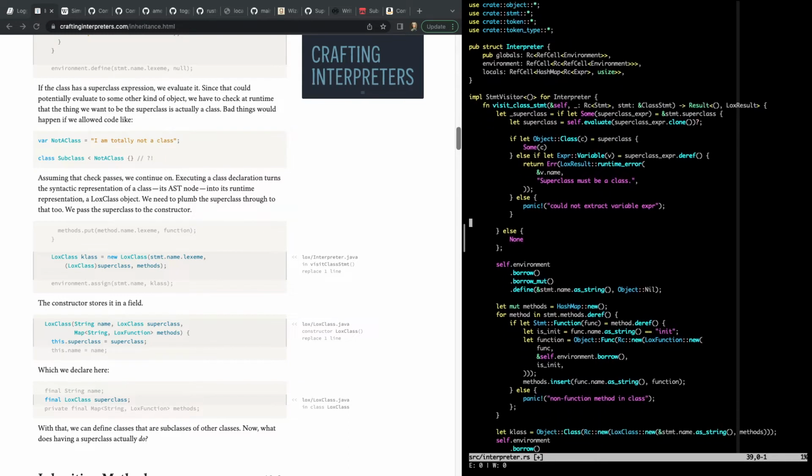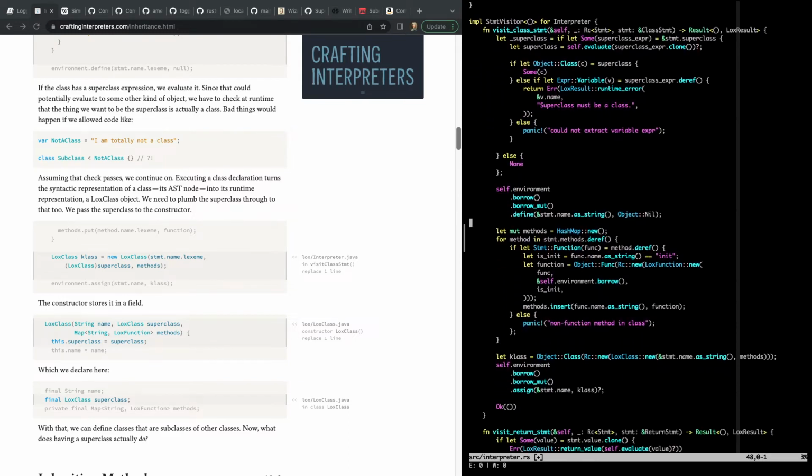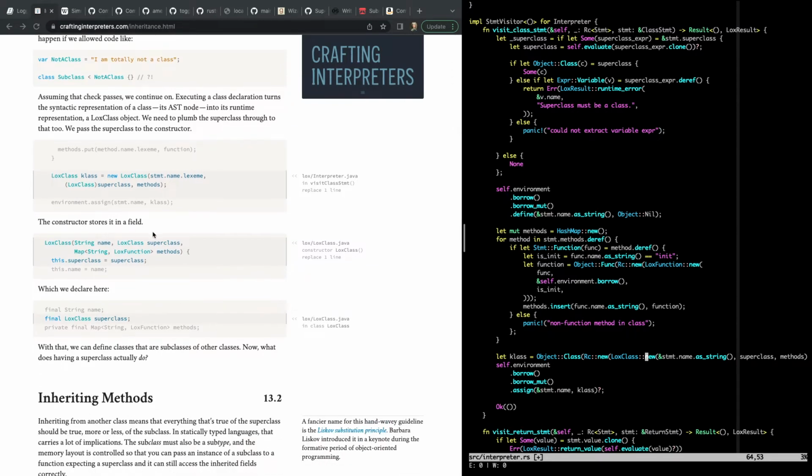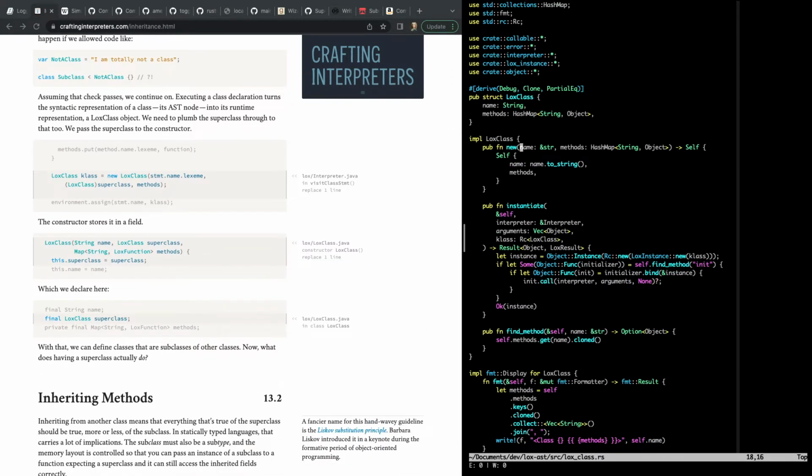Okay, so where's our constructor? Right down here. So we say object class RC new, Lox class new, statement name as string, and then methods, and we're going to add the superclass to that. Which means we have to go modify Lox class new to accept that. The constructor stores it in a field. So we're going to say superclass is going to be an option of an object. And that object is going to be,